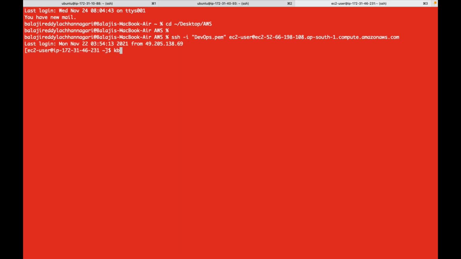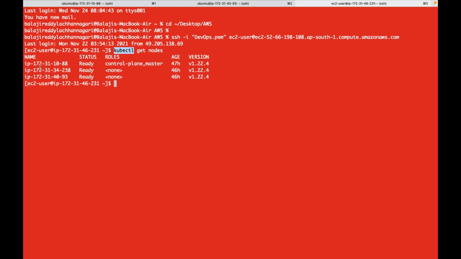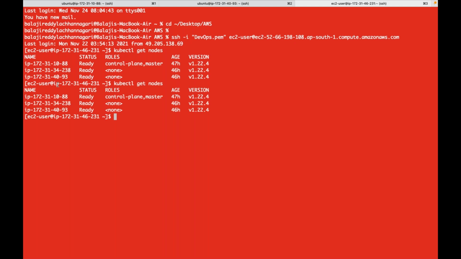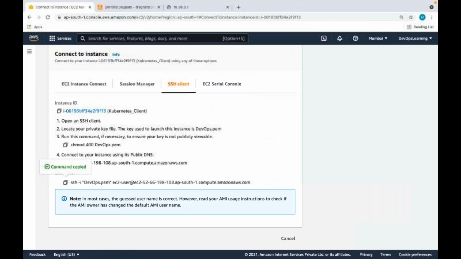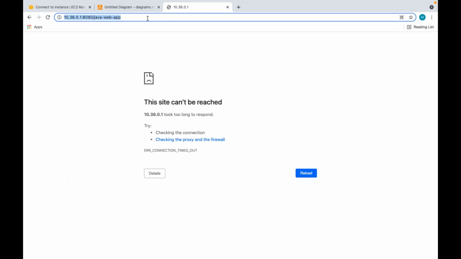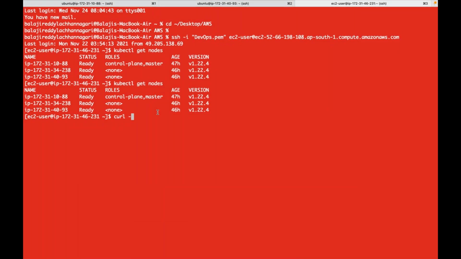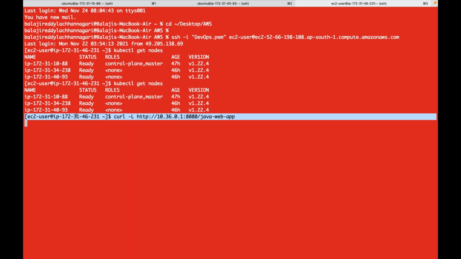So here, if you remember last session, I installed kubectl. I have a kube config file. I am able to communicate with the API server. But is the current machine part of the cluster? No. Here, will I be able to access using those pod IPs from there? Will I be able to access using pod IPs? Is it going to work from this machine? No. So within the cluster,